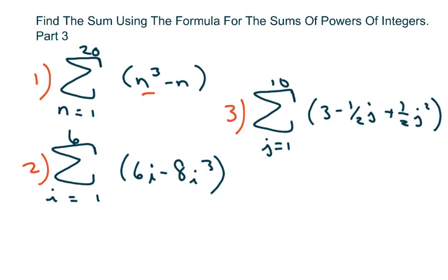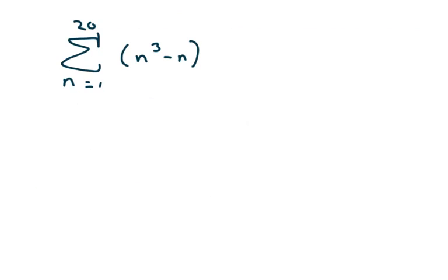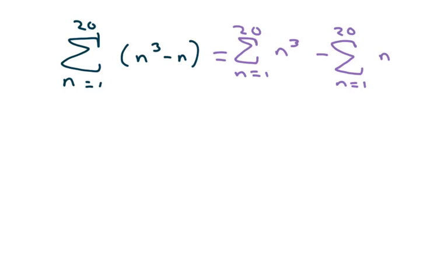Okay, so for the first one, we want to find the sum, and what we're going to do is use our formulas. So the first thing I'm going to do is rewrite this as the sum of n cubed going from 1 to 20 minus the sum of n, n is 1 to 20. So the formula for n cubed is,